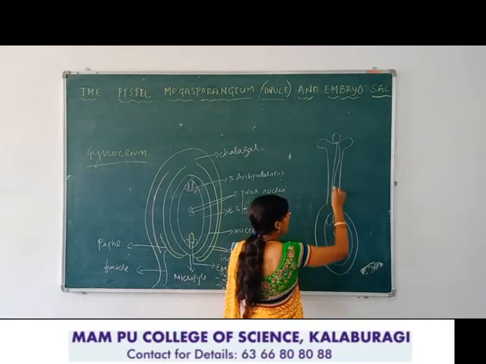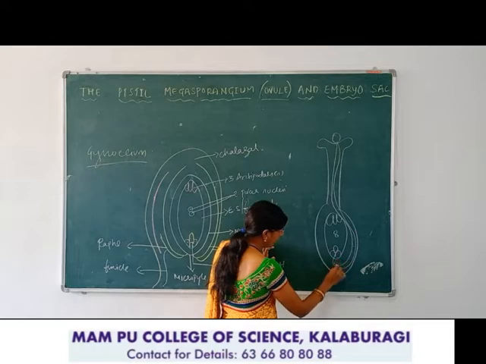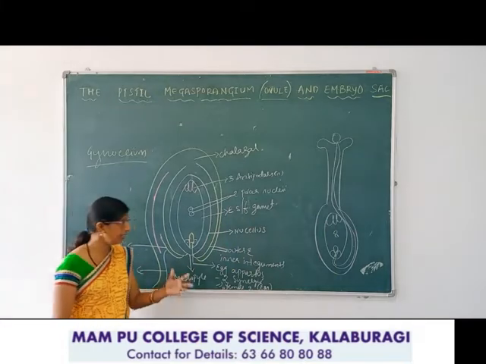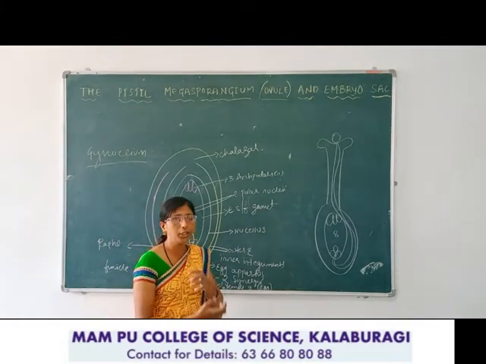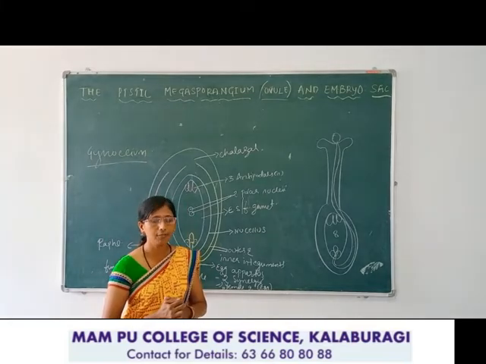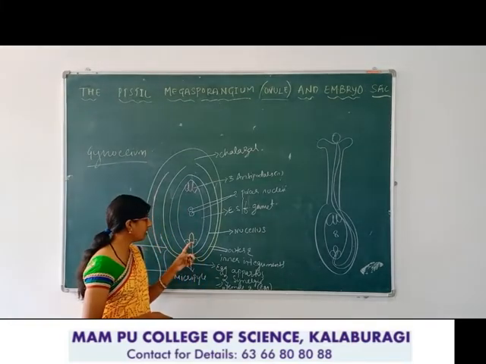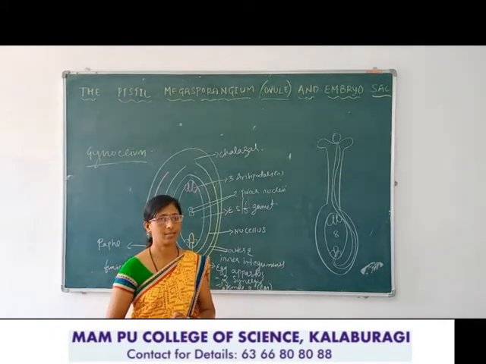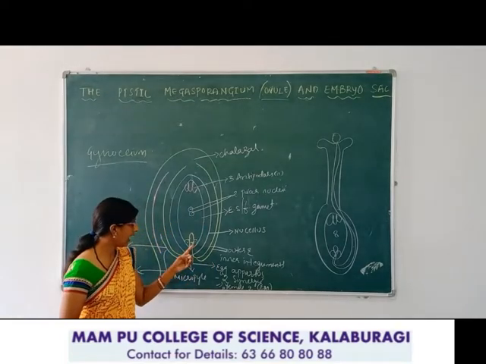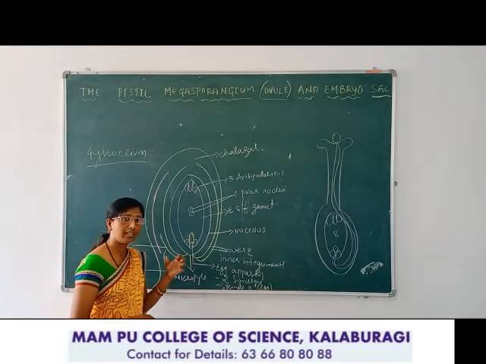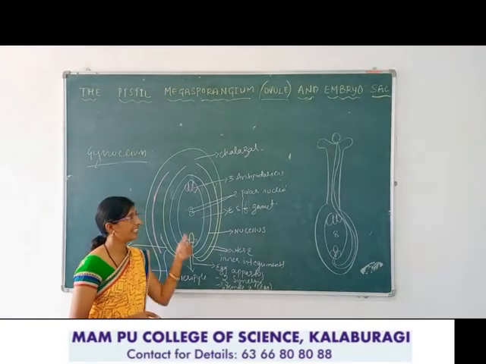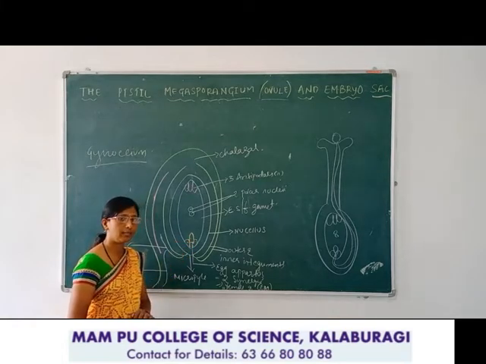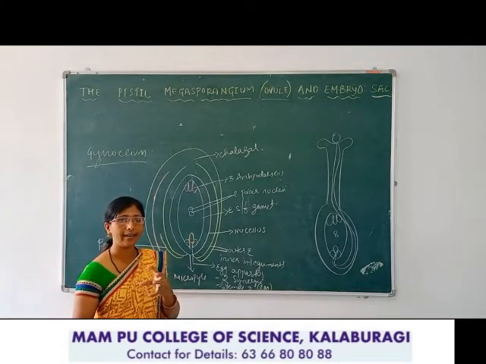this pollen tube contains the 2 male gametes, and it enters the embryo sac with the help of synergids. These synergids release a chemical which attracts the pollen tube so it enters the embryo sac for fertilization. So these synergids are also called cooperative cells or helper cells. They have finger-like projections called the filiform apparatus. We will study it in double fertilization. They secrete some chemicals to attract the pollen tube